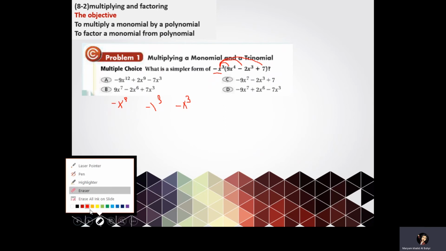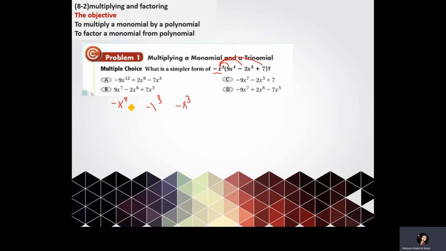Now this term will be multiplied by the first one. Between them, negative x to the power 3 times 9x to the power 4, minus x to the power 3, that's what I distributed, times, I will put parentheses,